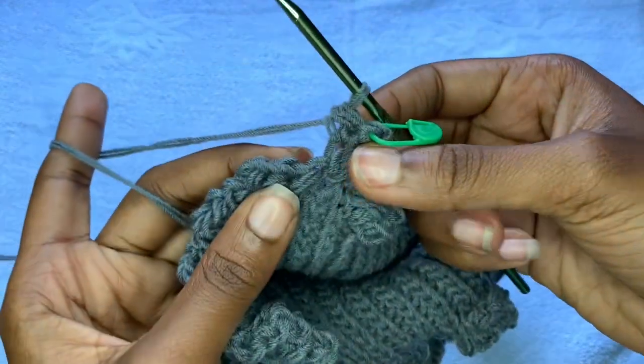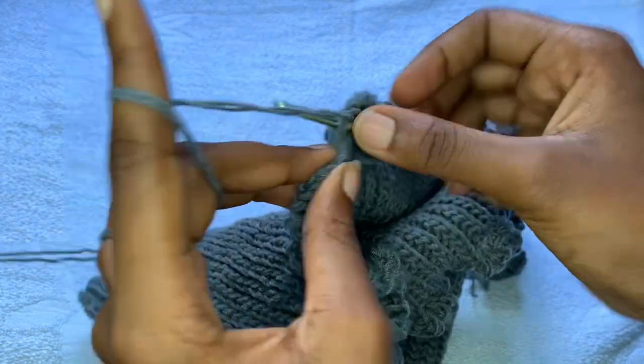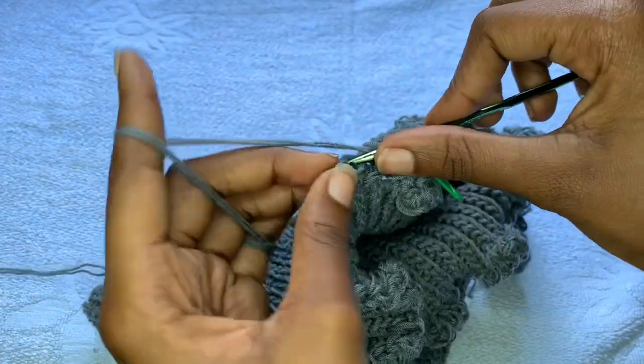and now there's a slip stitch over there. You're going to place a slip stitch. There is a half double crochet over there, place a half double crochet. There is a slip stitch there, place a slip stitch. So now this is what you're going to do all around